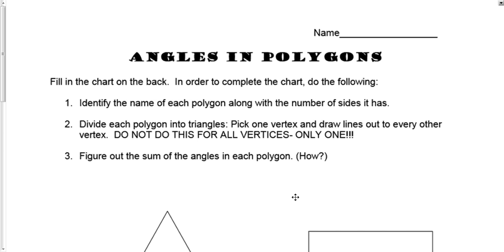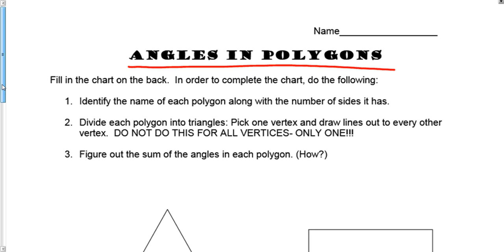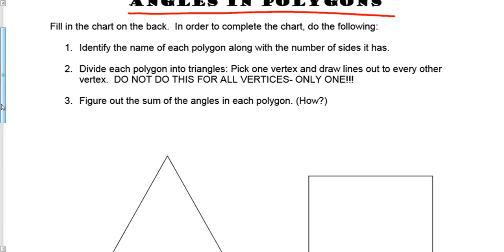Hello, today we are talking about angles in polygons. This is actually an extremely important topic. We're going to use this for the remainder of the year. You'll see quite a few of these style questions on your SOL. So what we're going to do is look at the figures we have on the front, and